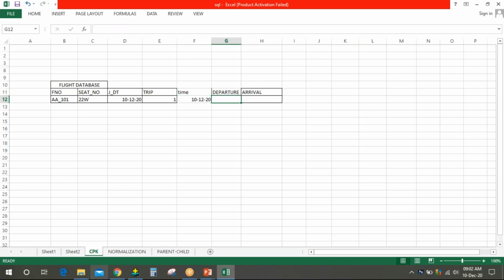The time is 9:02. Departure from BMG, Bangalore. And this is the data you generally get there.